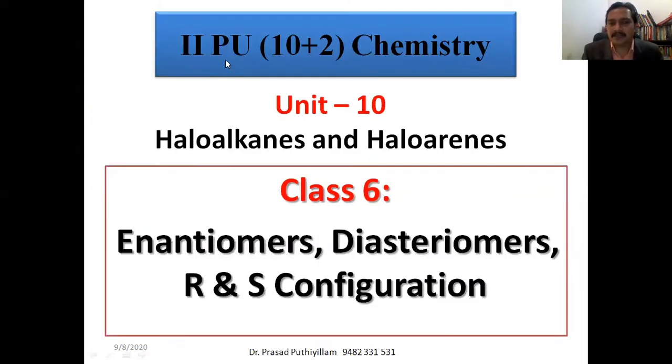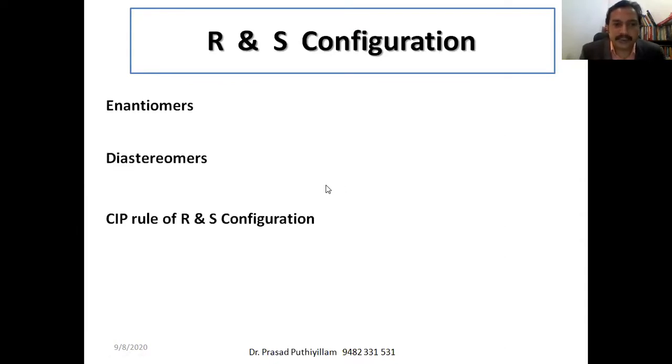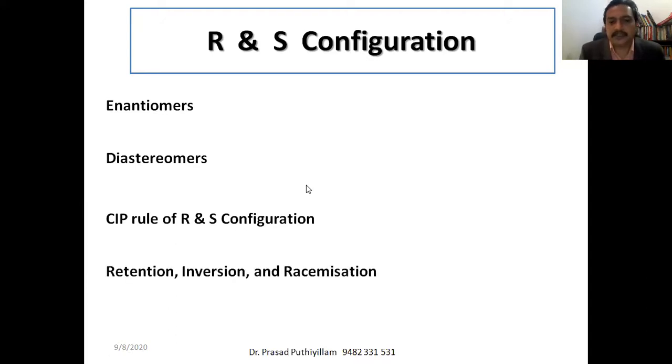This particular class is for second PU, plus 2 chemistry, unit 10, haloalkanes and haloarenes of the NCERT textbook. This is class number 6: enantiomers, diastereomers, and RS configuration, a continuation of optical isomerism from class 5. In this class, I'll explain enantiomers, diastereomers, the CIP rule of R and S configuration, retention, inversion, and